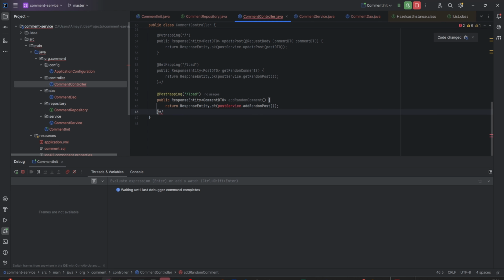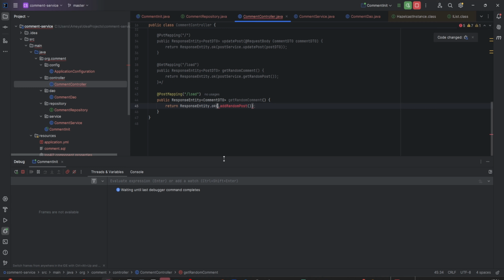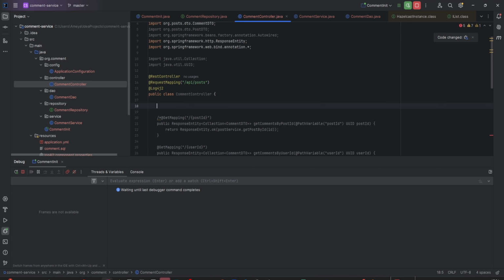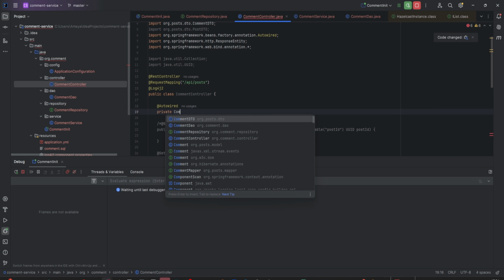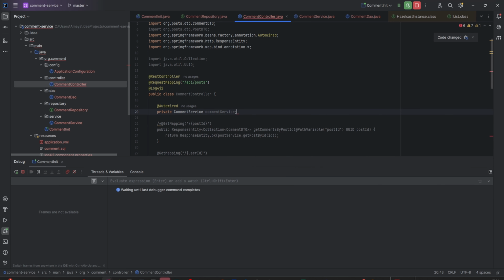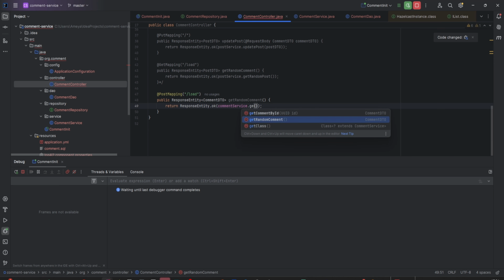So this will be this post mapping load comment dto get a random comment, and at autowired private comment service comment service, and this will be comment service dot get random comment, and this will return me a random comment,